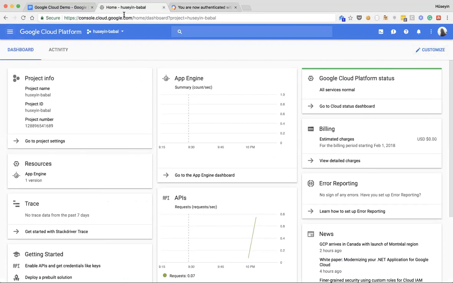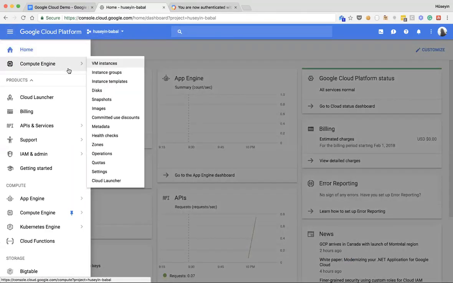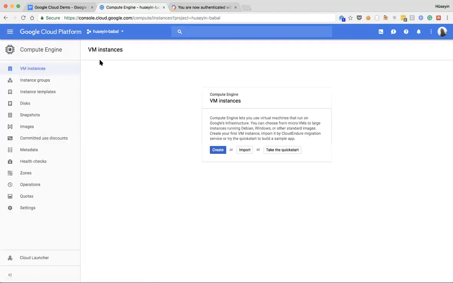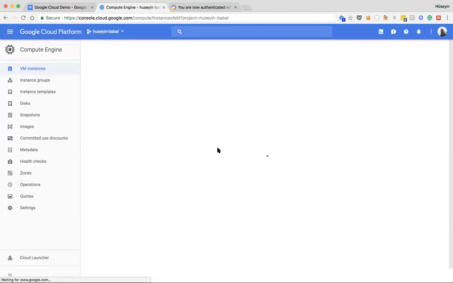When you go to the Google Cloud Console by using your Google account, if it is the first time that you are using this console, you need to create a project first. I have a default project already, so I will directly continue with the components here. When you go to this section again, Compute Engine and VM instances, as you can see, there is no instance here. So when you click create,